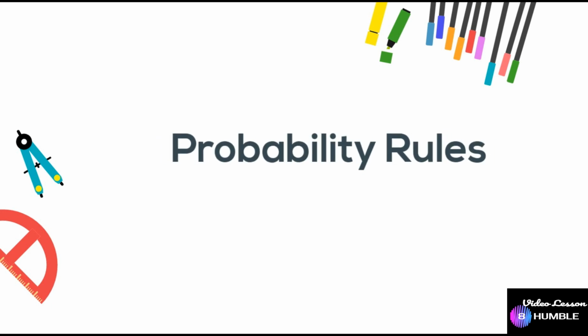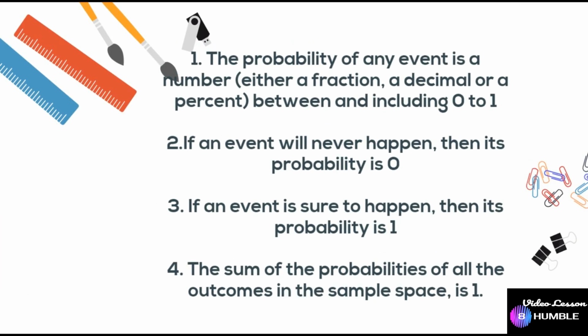Probability rules. The probability of any event is a number, either a fraction, a decimal, or a percent, between and including 0 and 1. If an event will never happen, then its probability is 0. If an event is sure to happen, then its probability is 1. The sum of the probabilities of all the outcomes in the sample space is